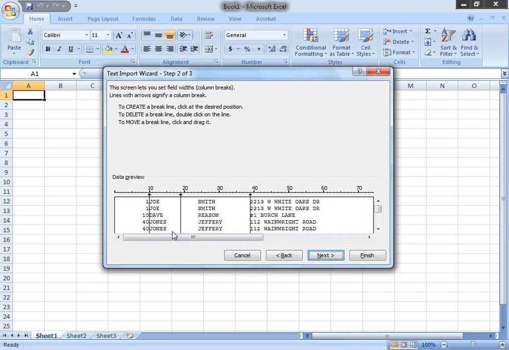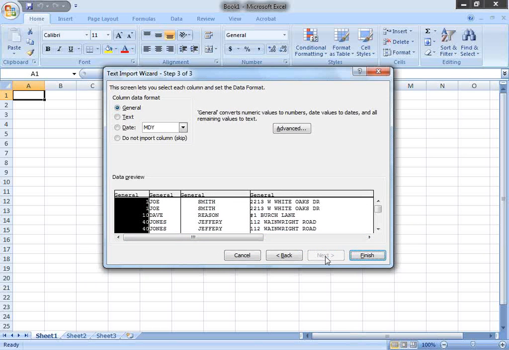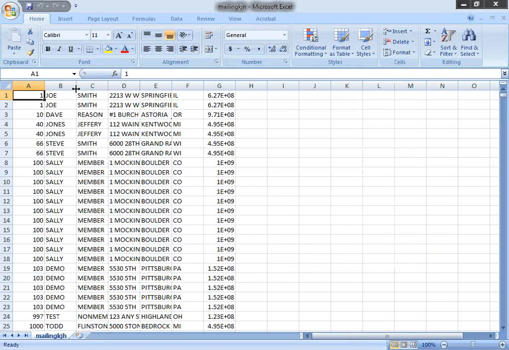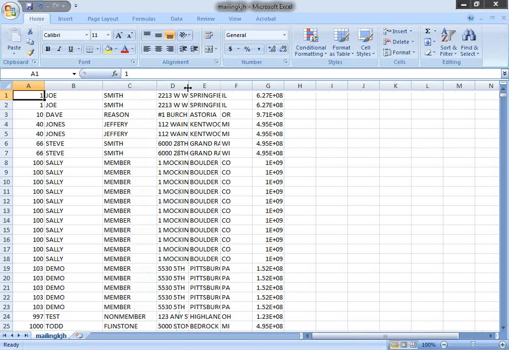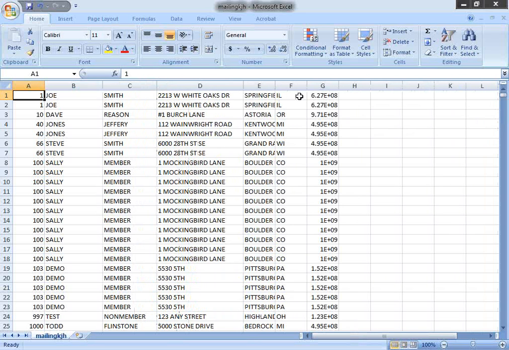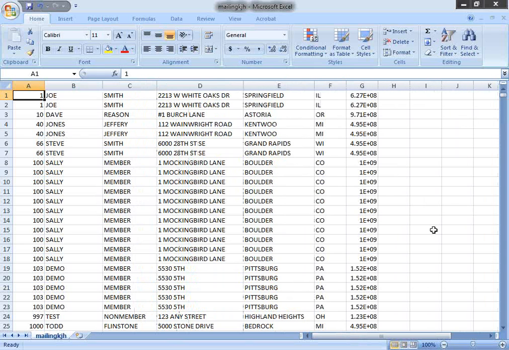And at this point, I do not. Everything is separated, and I can choose next. Okay. Once I'm satisfied with the way that my file is formatted, I choose finish, and now I have got my member's first, last, address line 1, address line 2, city, state, and zip